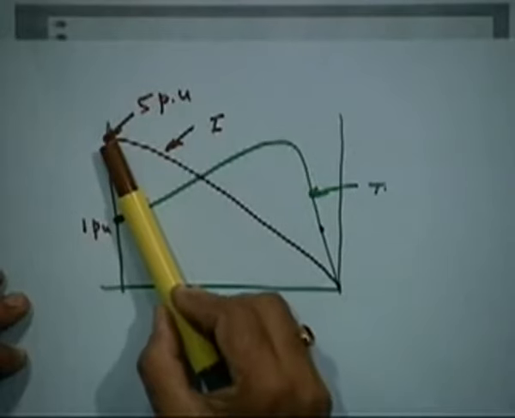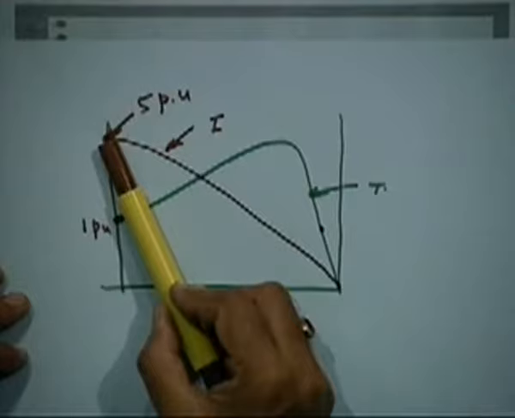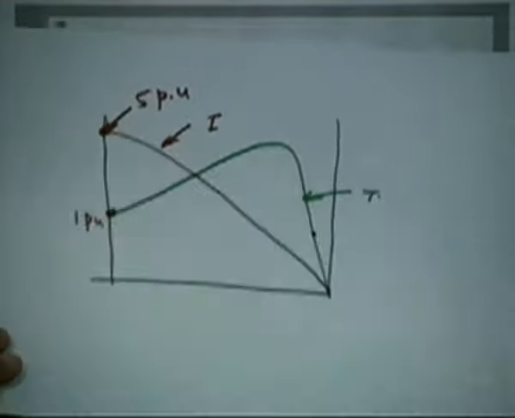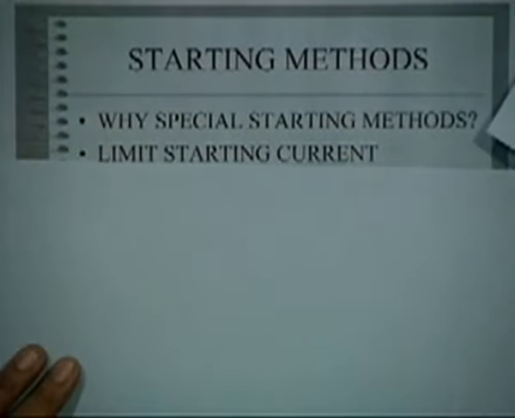It is not because it will burn out, because momentary over currents are not so critical. Unless your starting time itself takes a few seconds or a very large time, then the winding may get heated because of sustained high currents at start. So the critical thing is it will create a dip in the neighborhood because of high starting current. So we have to limit the starting current.